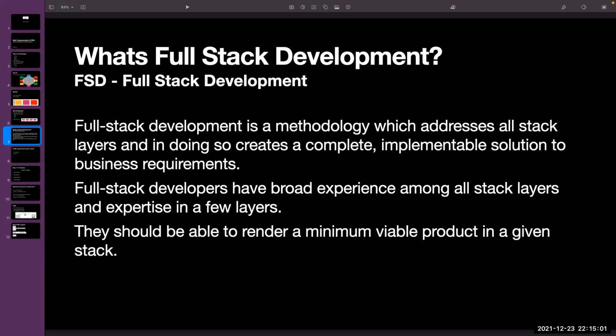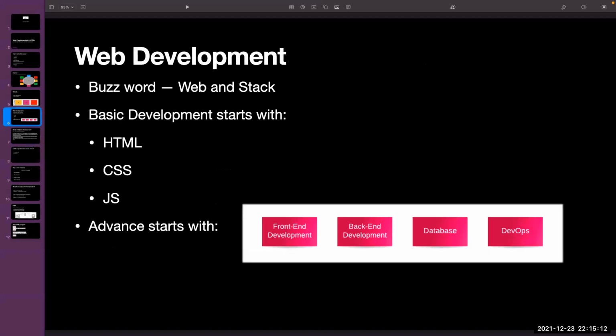The full stack developer is a person who has broader experience on all the stack layers and expertise in a few layers. That means in these 4 boxes, you should have at least a broader knowledge of all the 4 things, and you should be very much focused on 1 or 2 things.